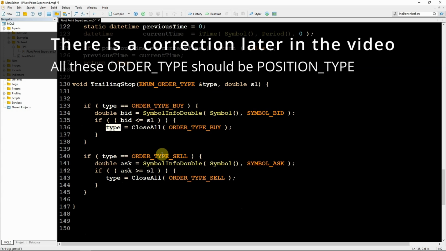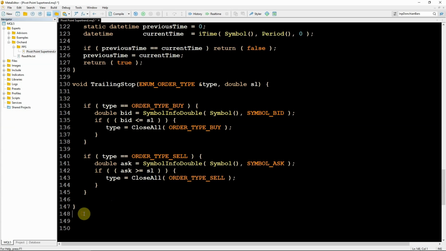If type was originally passed in as a sell, I'm doing the same things, but then I'm using the ask price with symbol underscore ask here, and I'm testing if ask is greater than or equal to the stop loss value. And I still call close all, but this time with order type sell. And now that close all function